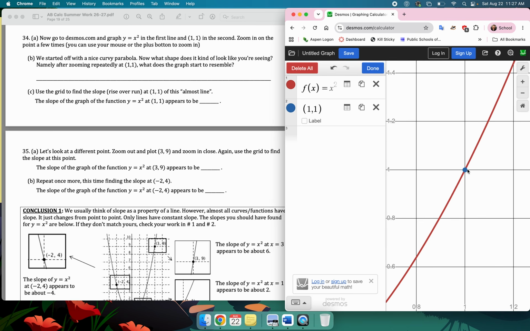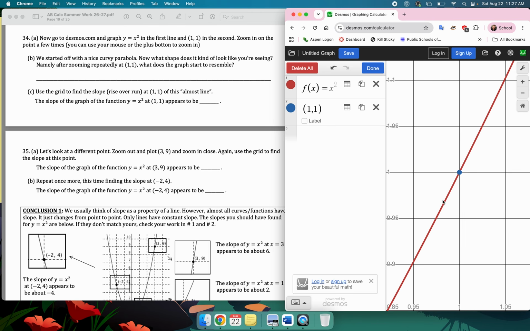Yeah, so here it is. It says zoom in, right? After you zoom in repeatedly, what does the graph start to resemble? Looks like a line, right? It looks like a line. Okay, now it says use the grid to find the slope, rise over run, at 1, 1 of this almost line. I mean, it's not actually a line, it's actually a curve, but if you zoom in enough, it looks flat, right? So I've got my grid here, and the line almost goes through these grid points